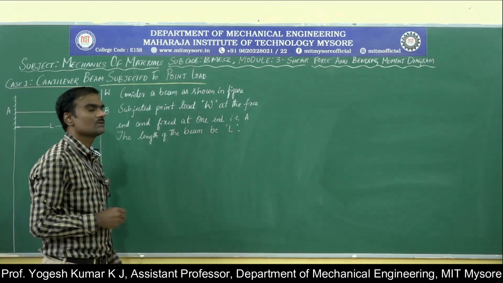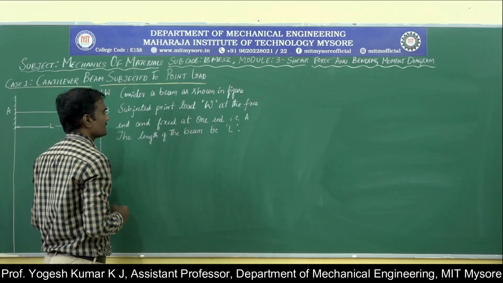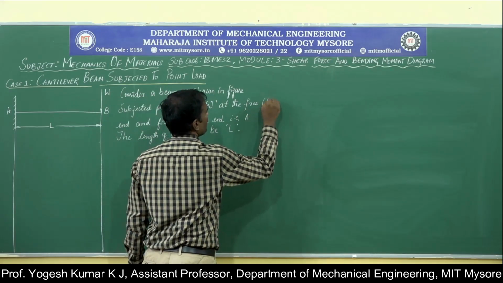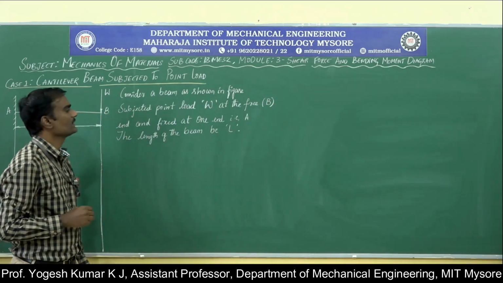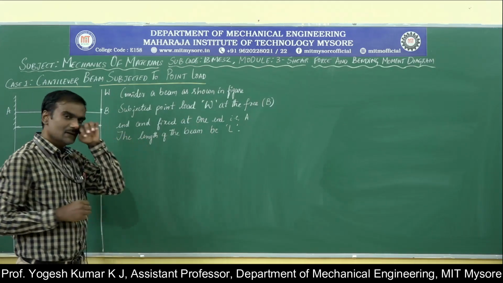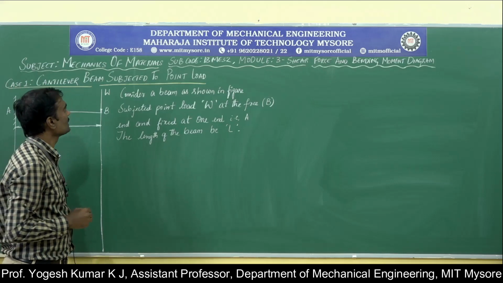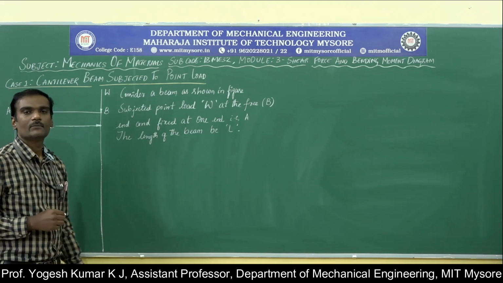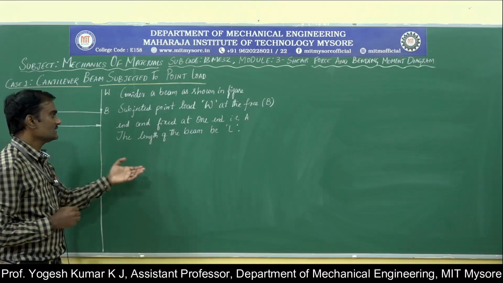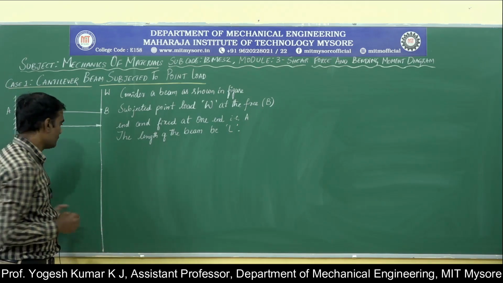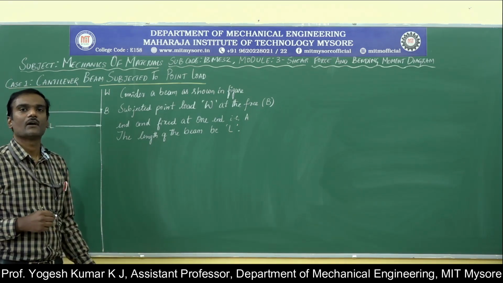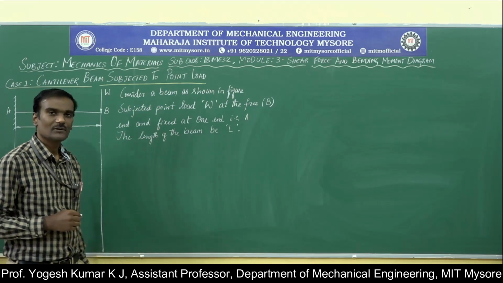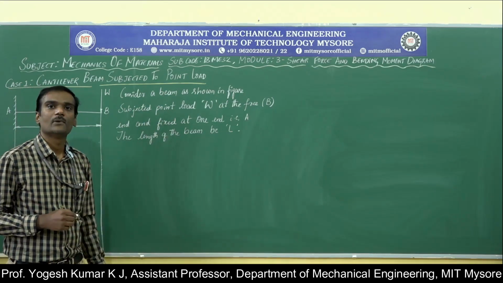This is the explanation that we generally write when we have chosen a beam subjected to some load at a free end. What is the free end? It is end B, and the fixed end is end A. Let the length of the beam be L. Now, our intention is to determine the shear force and the bending moment. Once they are obtained, we will plot them, representing them diagrammatically. When it is represented diagrammatically, the title of our module is complete, that is shear force and bending moment diagram.